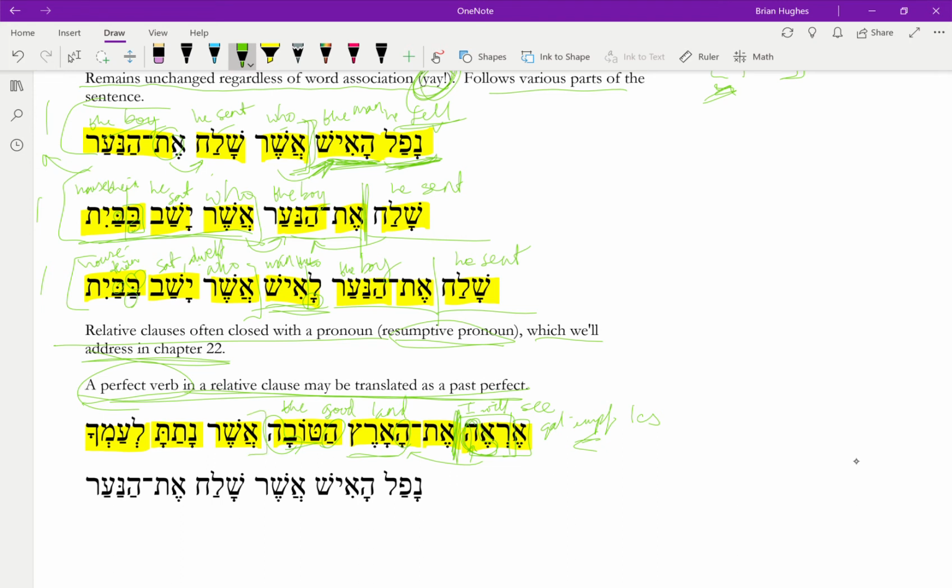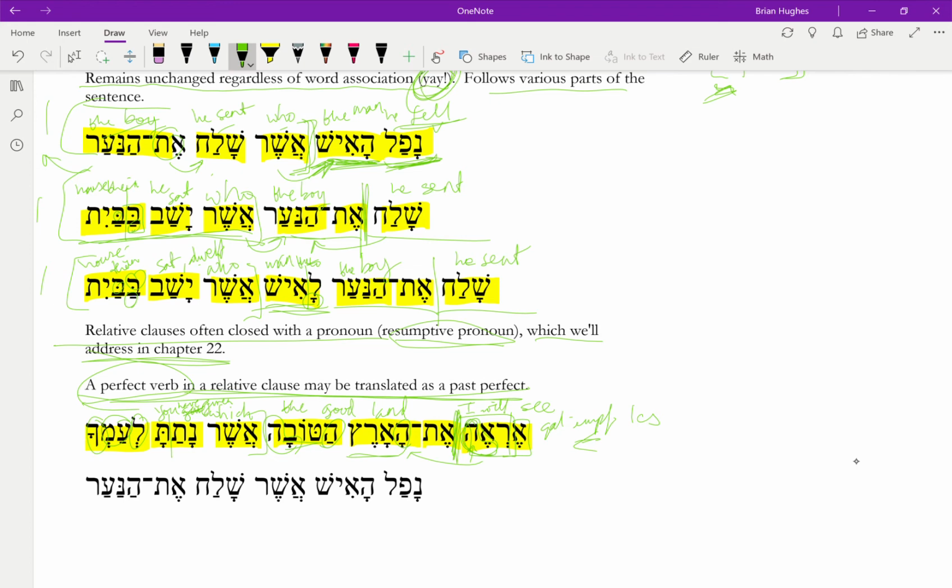Asher, which, we're referring to the good land, and so in English we would translate it as which. Natata, this is the second masculine singular Qal perfect of Natan. Remember that the nun is going to assimilate because it's followed by a non-guttural consonant, so which you gave, or actually maybe you have given,